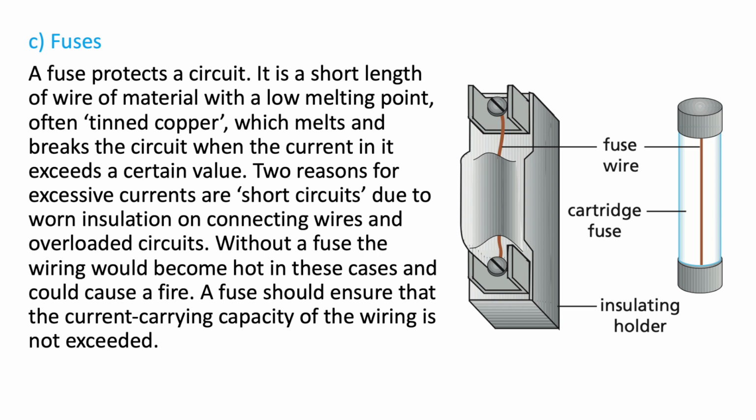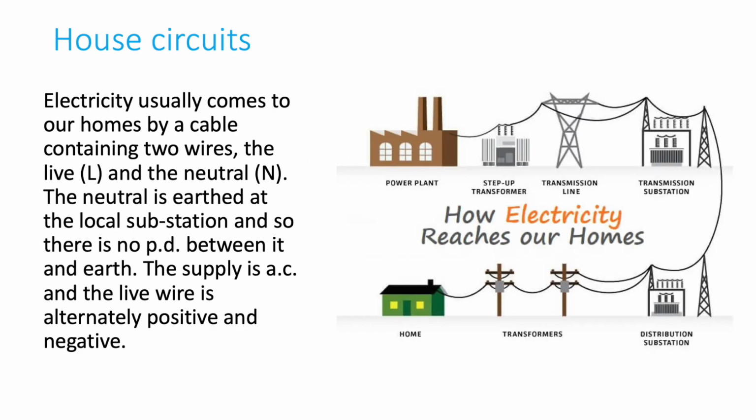You can see 2 types of fuses here. The left one is used outside our house. Usually it is placed outside our house for the entire electrical circuit. And the right one, that small one, is usually used along with some electrical instruments. Before connecting the fuse, we have to look at the current rating of the electrical instrument. For example, if we have an electrical instrument with current rating 5 ampere, then we have to use a fuse with current rating slightly more than 5 ampere, maybe 5.5 ampere or 6 ampere.